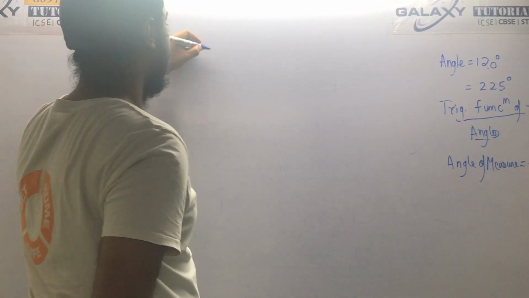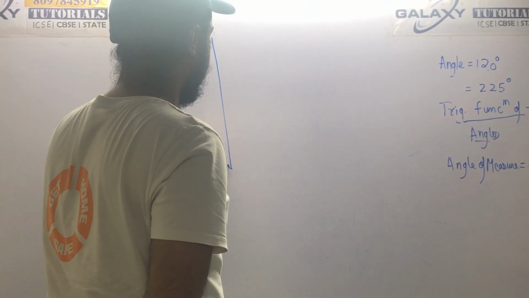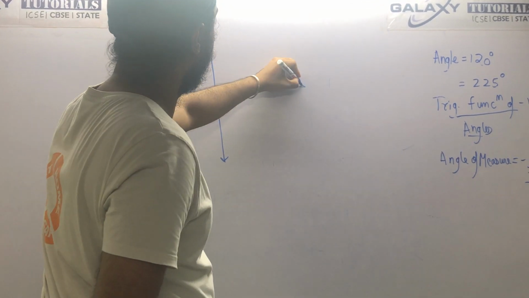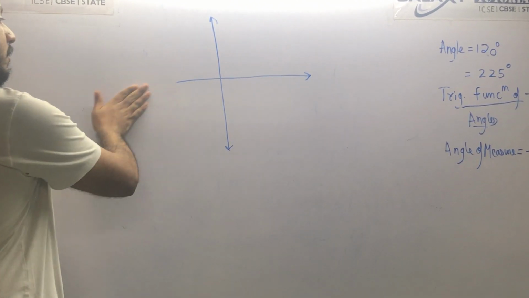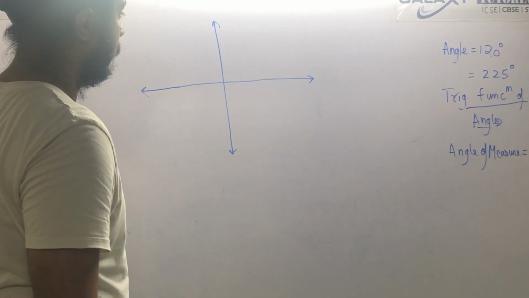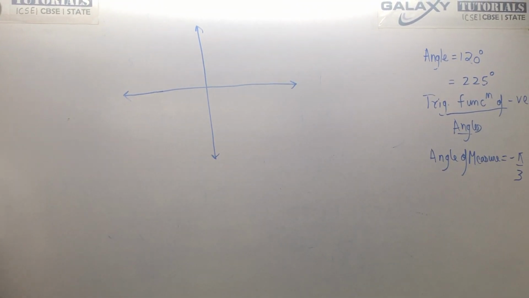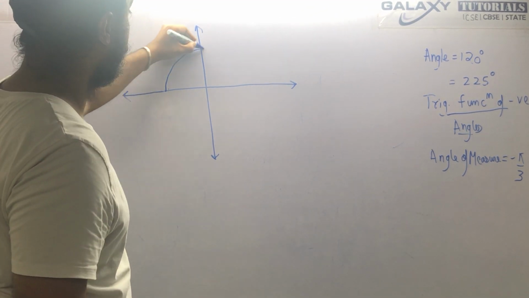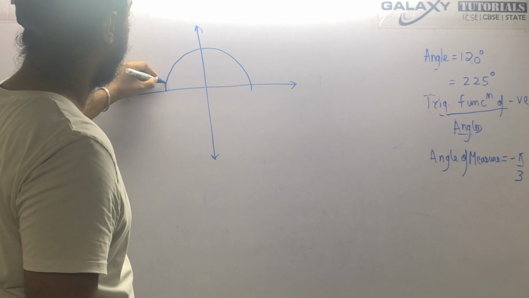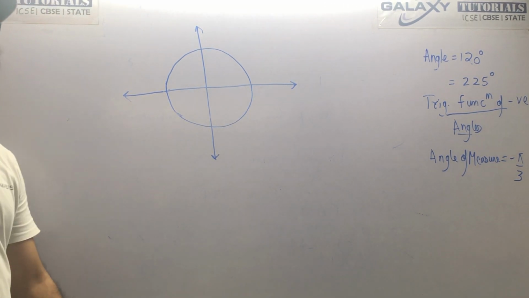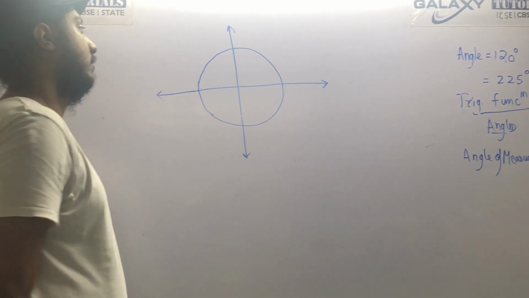Okay, so let us start with a simple derivation. First of all, x and y coordinates you will make, then you will make a circle. Now, next thing that you are going to do is